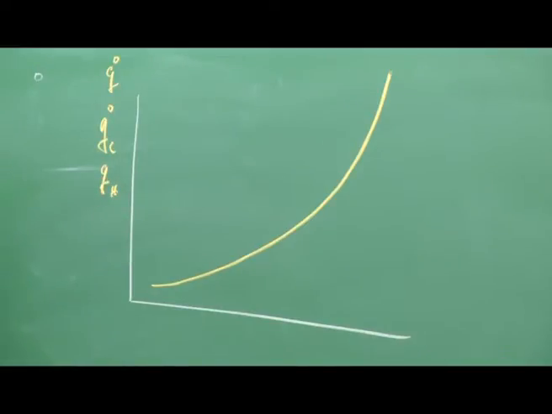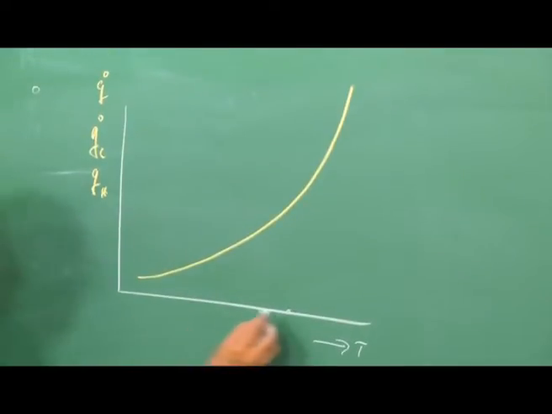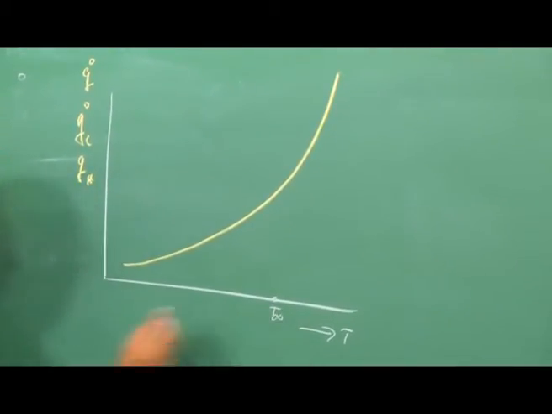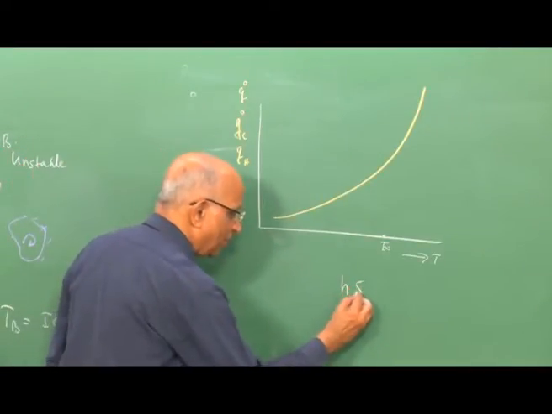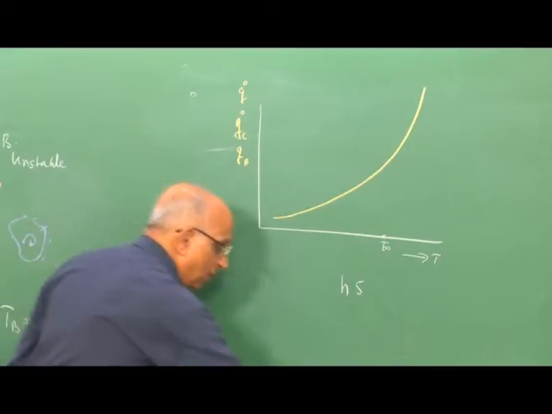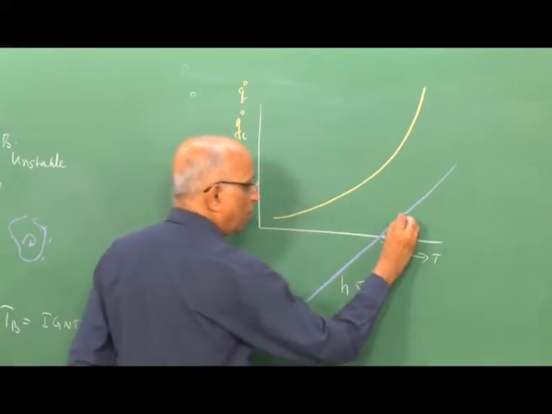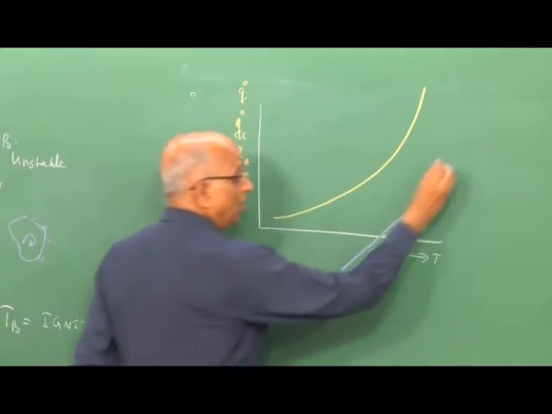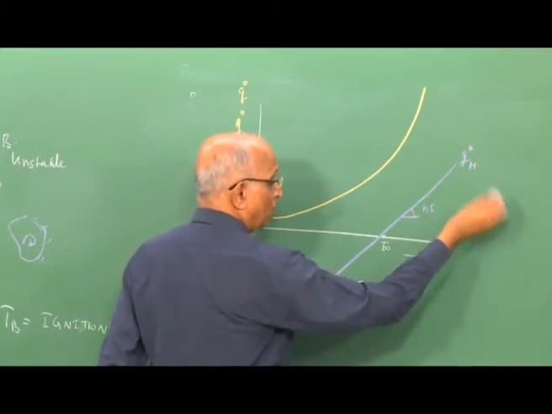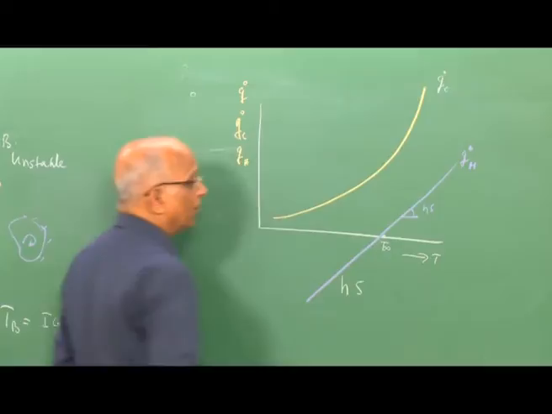Now, I could have an ambient temperature which is very high. Let us say this is my temperature axis, this is my Q dot axis. Well, I say I have my ambient temperature to be a high value, T ambient is high, and for a given value of the heat transfer coefficient, for a given value of surface area, my heat loss curve could be, let us say, over here. This is my slope, the slope is proportional to hS over here. This is my value of Q dot L, or Q dot heat transfer, Q dot loss from the given volume. This is my value of Q dot C over here.